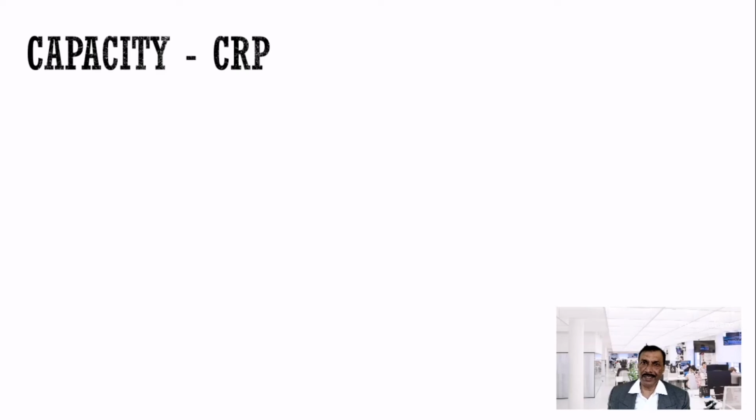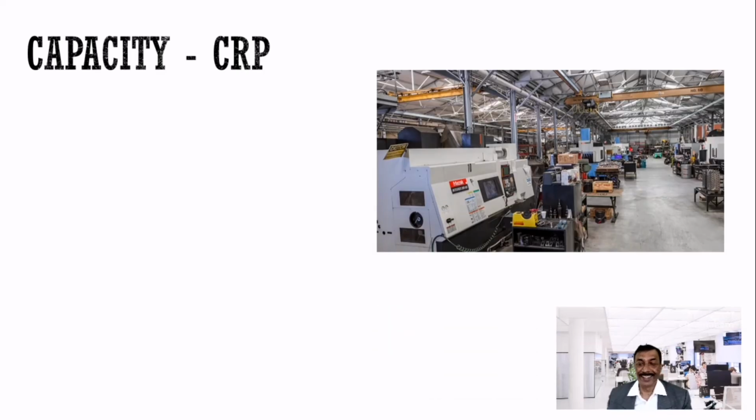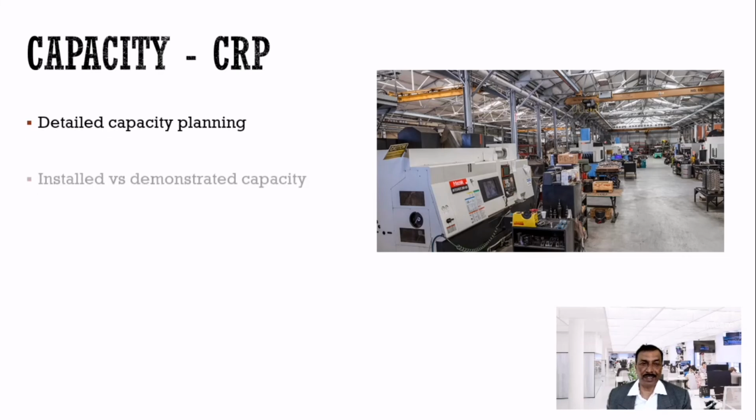Of course, this is a very tedious process. Many times it can be complex if you have multiple products using the same resources. It may be simple if it is the same resources and the same final product, but that is not the case for many organizations. You have different products, and checking the capacity is very critical. I have seen in large organizations like Bosch, we had thousands of machines in one plant. So checking capacity at component level is very detailed and time-consuming.